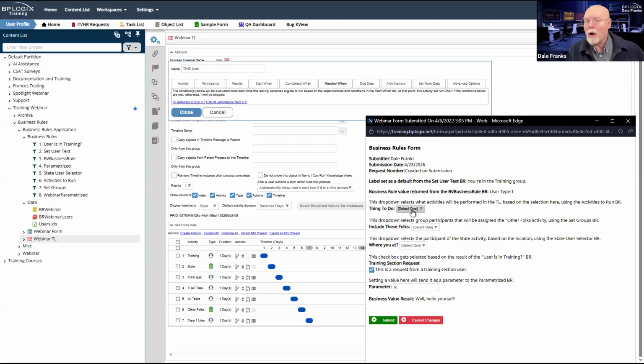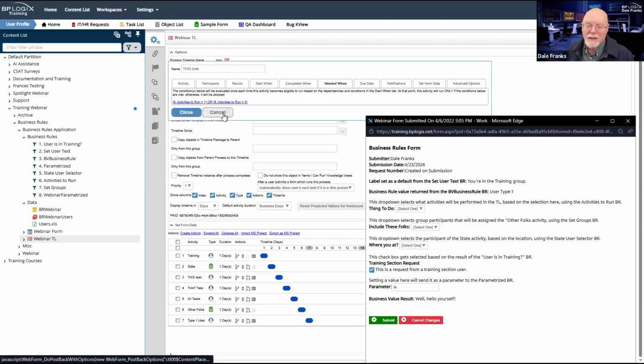Now, before I walk through how this works, let me just explain at the outset, this is completely unnecessary. I'm doing this as an example of how a business rule can be used in this particular case to either run conditional execution in a process timeline, or, as we'll see in a minute, to do user assignment in a process timeline. But I'm actually using business values when I don't have to.